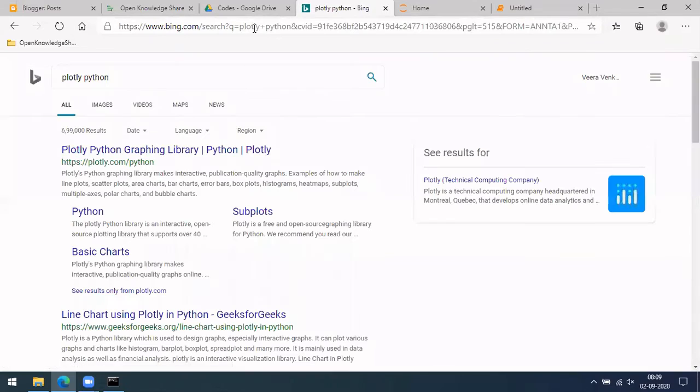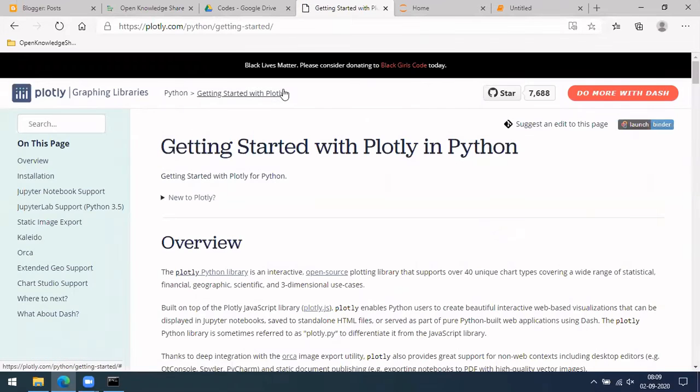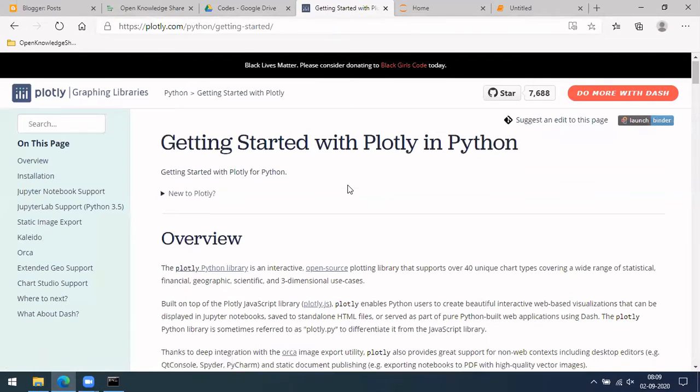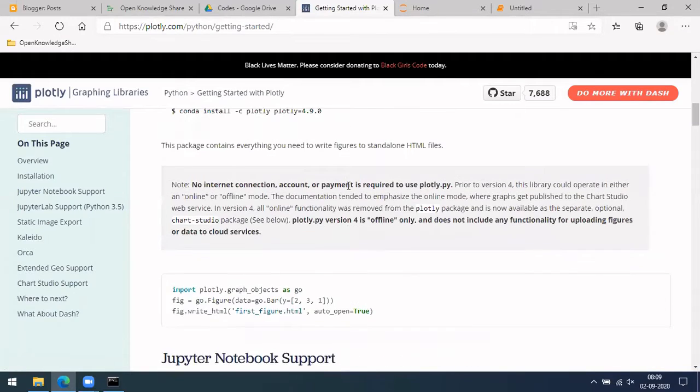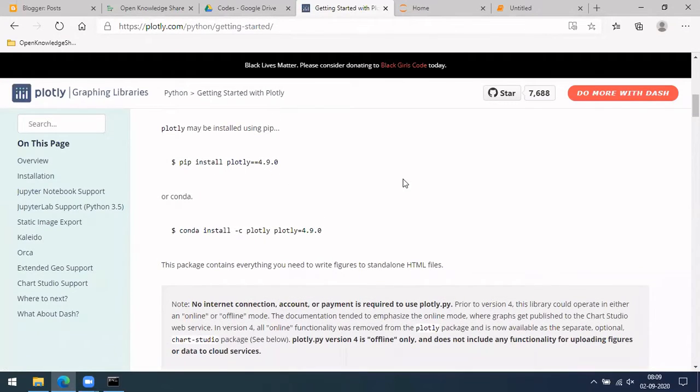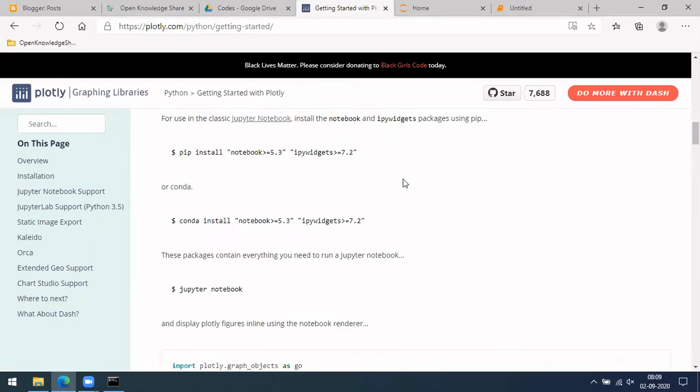Let me see, this has very good documentation available, and it is also available for many languages other than Python. There is R, and also you have MATLAB and other things, right? So this package is also available for those libraries as well. But let me show you for this. You have to install it just like pip install plotly.